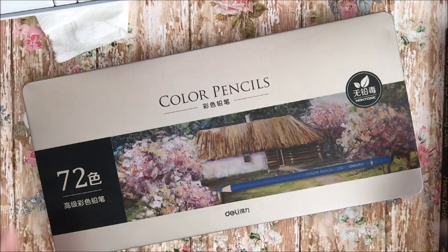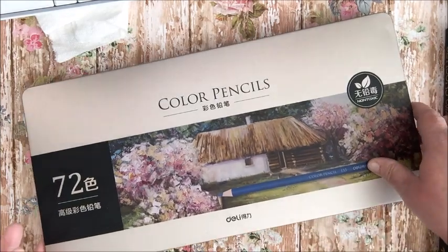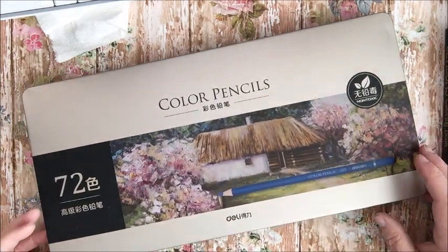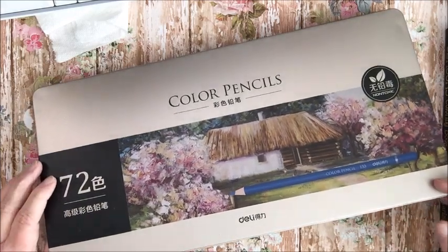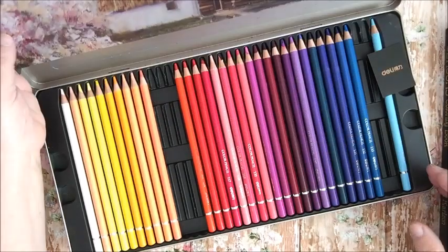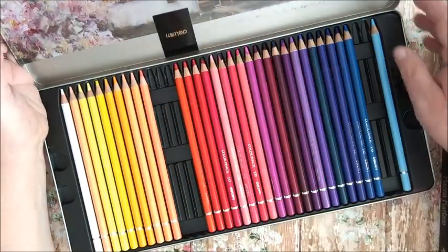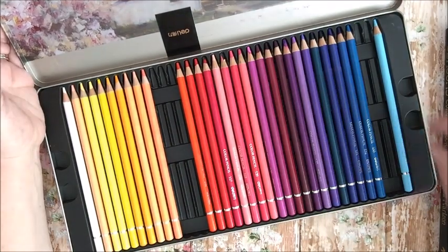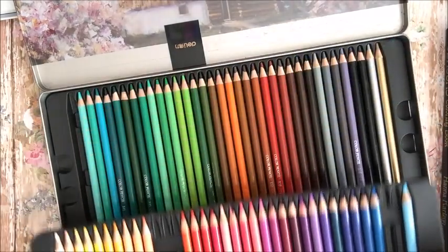So I got these pencils. They're the Deli pencils. They're supposed to be just like, or not just like, but close to the Polychromos. So I've already got some out because I wanted to test them. I was going to do the unboxing with you guys, but I decided I wanted to work with them a little bit, and